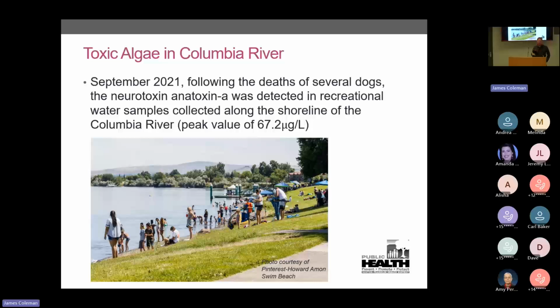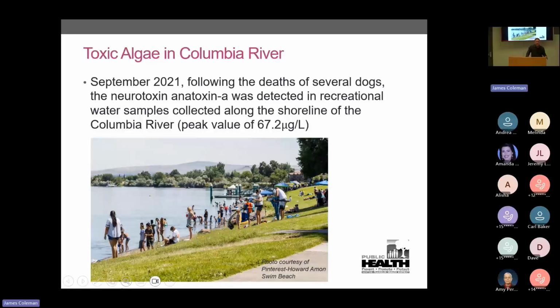was familiar with some of the symptoms of toxic algae poisoning, and brought it to our attention and to the owner's attention that this very well could be an algal toxin poisoning. On top of that, I think it was the same vet who treated 2 other dogs that same weekend with the same symptoms, and both of those dogs had also been swimming in the Columbia River. So this was